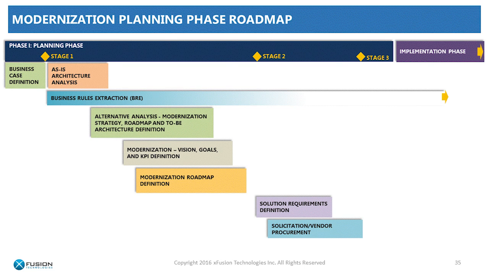So, the next few slides give you the schematics of how a planning phase roadmap would look like. During the planning phase, you see stage gate 1, stage 1, stage 2, stage 3, and those are the business case definition, as-is analysis. BRE activity can move on for different modules if you cannot complete in one go. But your alternative analysis and vision, goal, modernization roadmap, solution requirement, solicitation, vendor procurement, that goes up to stage 3. So this is all your planning phase, and then the implementation phase starts,